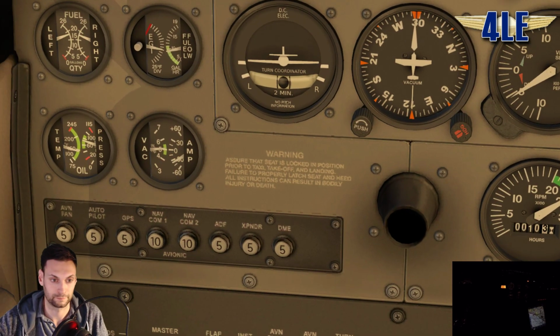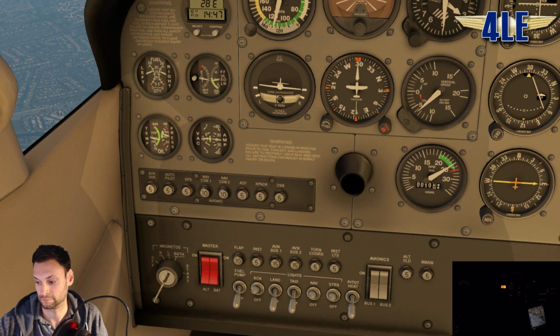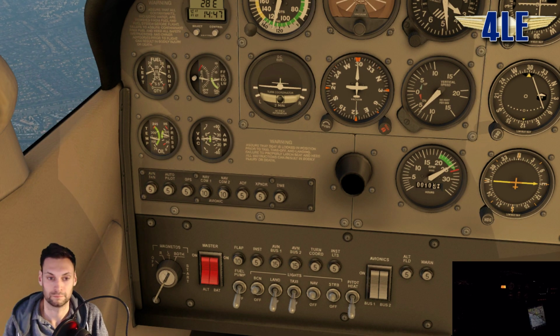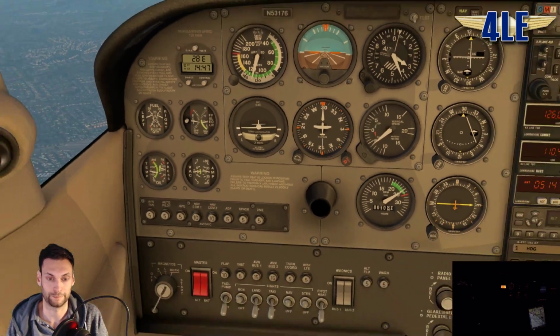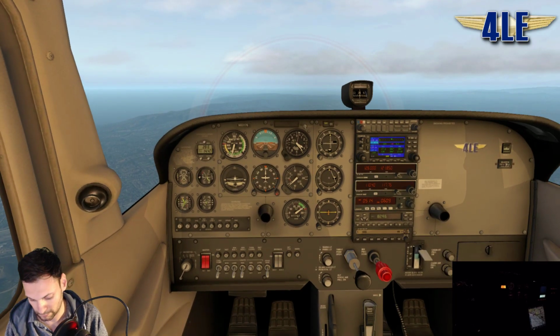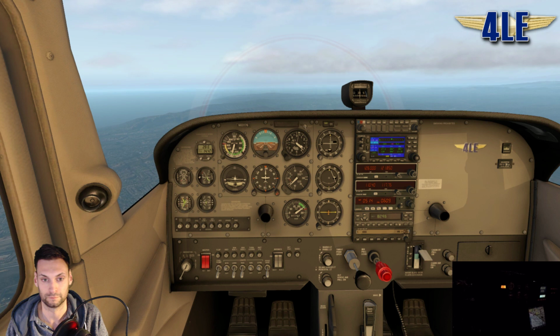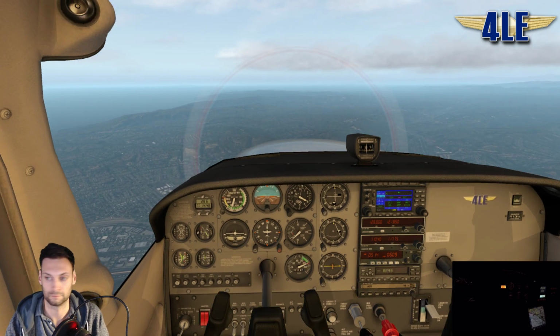This is what a full alternator failure looks like. So you'll get a red volts. Go ahead and turn it back on. Back up to 28, and I'll turn these back on for you. Yeah, so if that fails, obviously the switch is a different story, but you're immediately checking the switch,